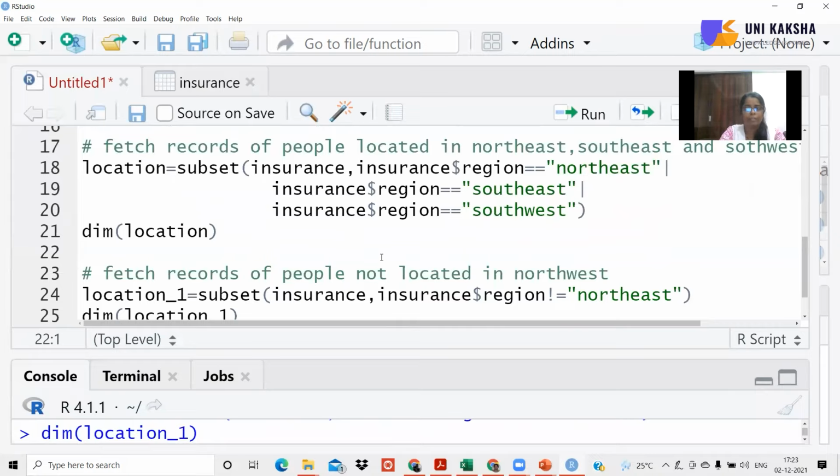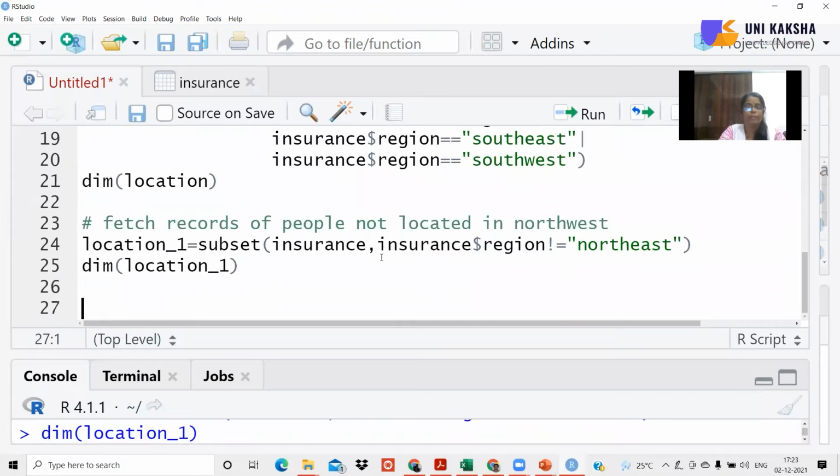So these are the people who are not located at the Northeast location. So we have extracted the information from the given data. This is how you can fetch the records, and how you can use and, or, not types of queries in order to create subsets on the data. We have created these using the subset query.